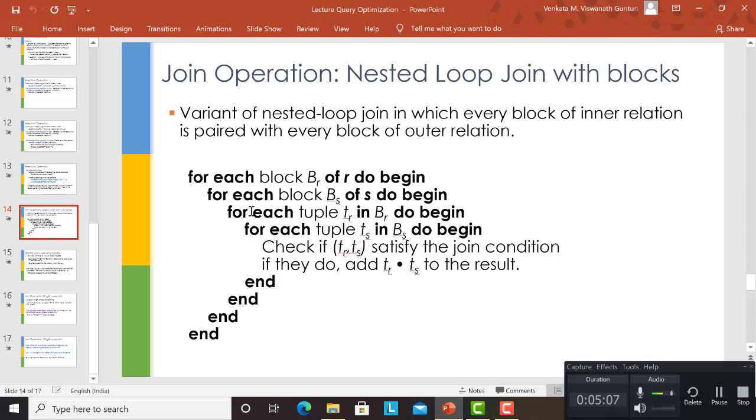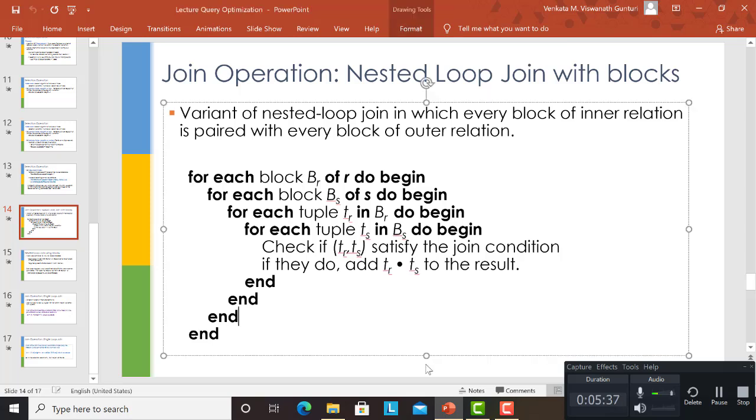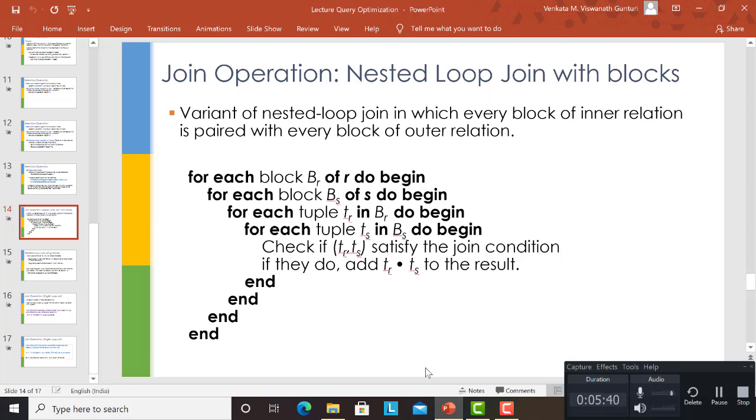So after this part is done, I am going to go back and fetch the second block of relation S. Let's say that is block S2. So S2 comes in, and then again in these innermost two loops, what you're doing is you're joining all the tuples of R1 with all the tuples of S2. So you're matching tuples from R1 against tuples from S2, and then whichever match your condition, you just go ahead and